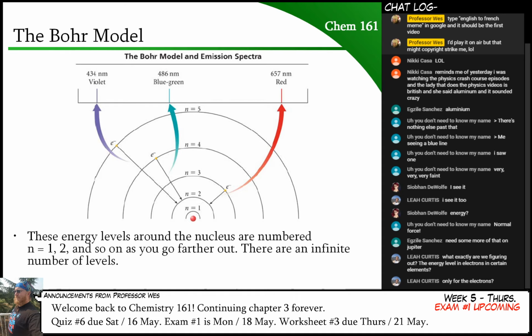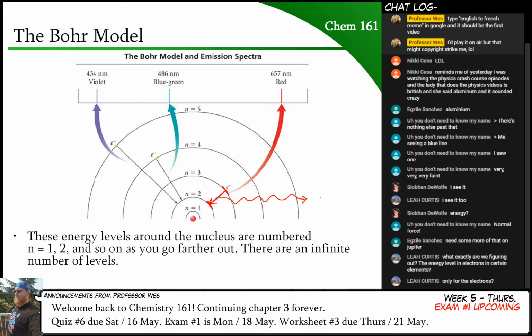Now, these energy levels that I had drawn, I just drew the lines as shown without numbering them, because it turns out the bottom number that we had was actually 2. But there is an energy level for each line that we saw on the spectrograph, the line spectra. And the reason that we see those lines is because certain transitions result in photons with the correct energy to be visible. So for instance, if I have something falling from 3 to 2, like I showed on the other diagram,